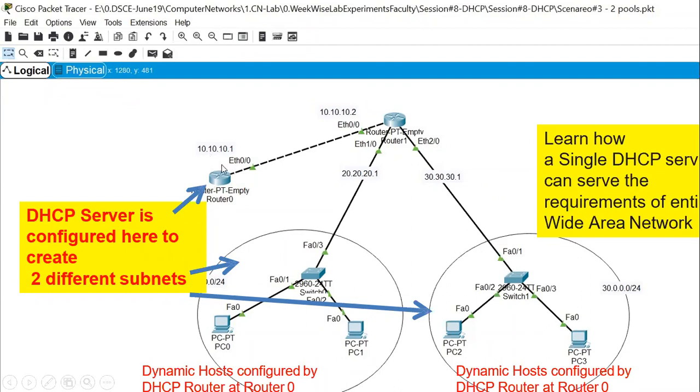Now remember, this is the DHCP address. Now these addresses are static addresses. This should be assigned by the network administrator, or we are going to assign it statically. So first we're going to configure the DHCP server as 10.1, and this will be 10.2, this is 20.1, and this is 30.1.